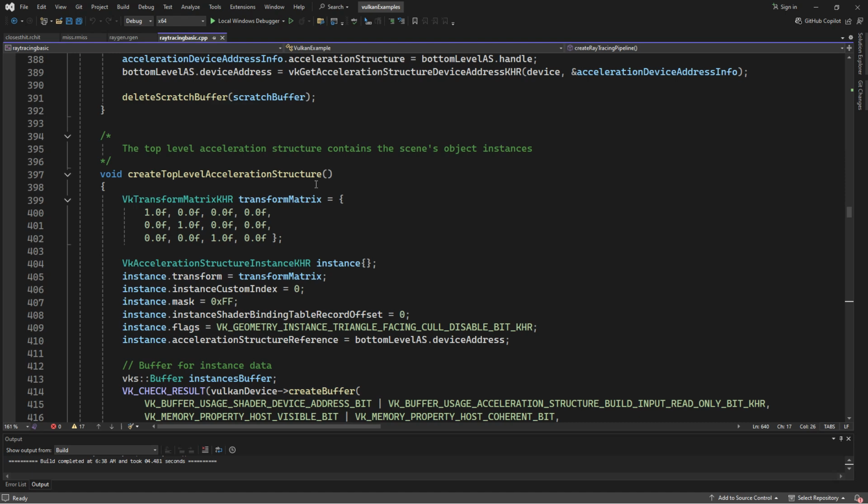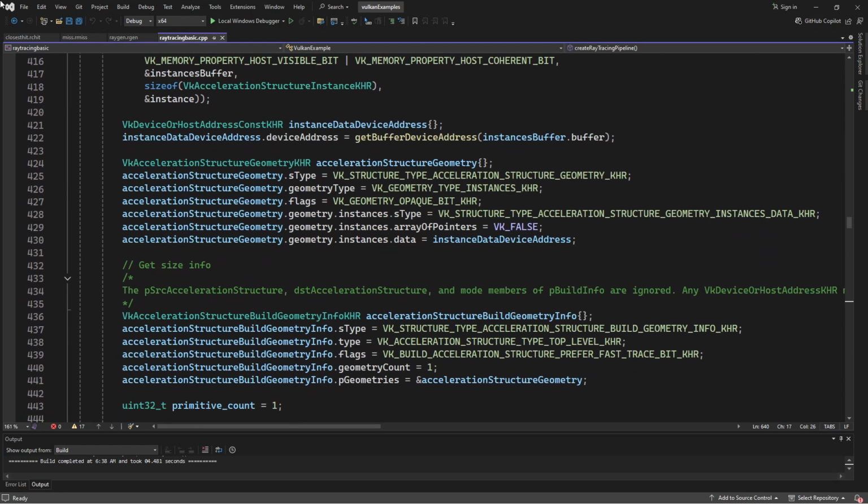So it's like making multiple instances of the same thing. And know that once you create the bottom level acceleration structure, you can only access it or deal with it through the top level acceleration structure, right? So we have our acceleration structure, we have the ray tracing pipeline, and then we have our shaders